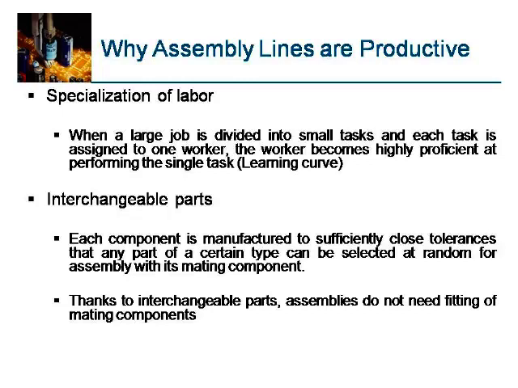Suppose you wanted to make A and B to be assembled. A is one component, B is one component. Any number of components of A can be made, and any number of component B are manufactured independently, and any part from the A group and any part from the B group can be taken and assembled. This is what is called interchangeability. You cannot manufacture a specific part for a specific assembly.